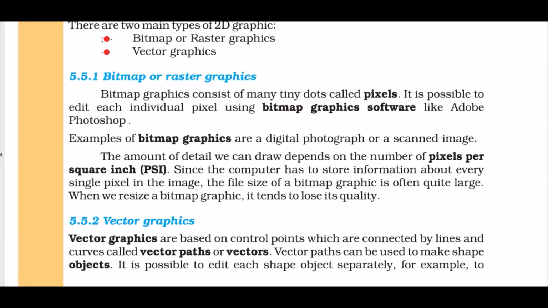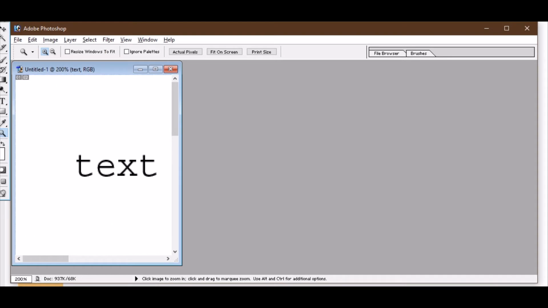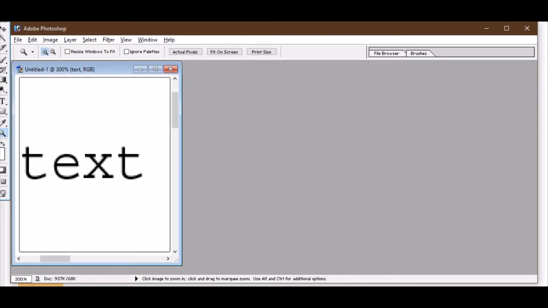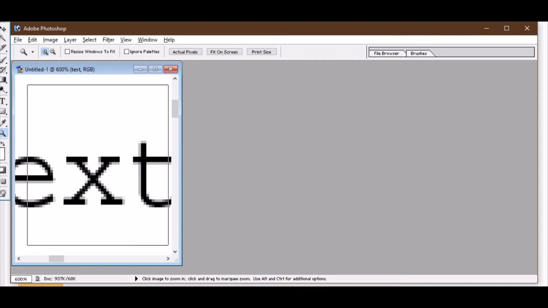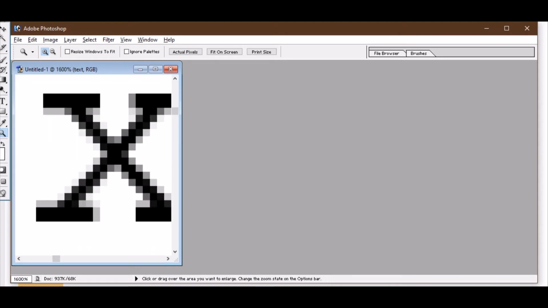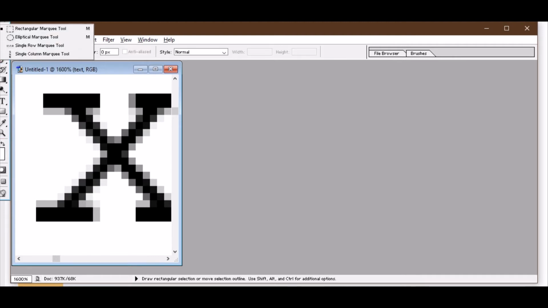Now when you open Adobe Photoshop, suppose this is an image, and when you zoom in, this is the maximum that you can zoom in on a specific computer or specific software, and you can see the different boxes. That is the basic pixel of this image. And you can edit and cut or delete that box.